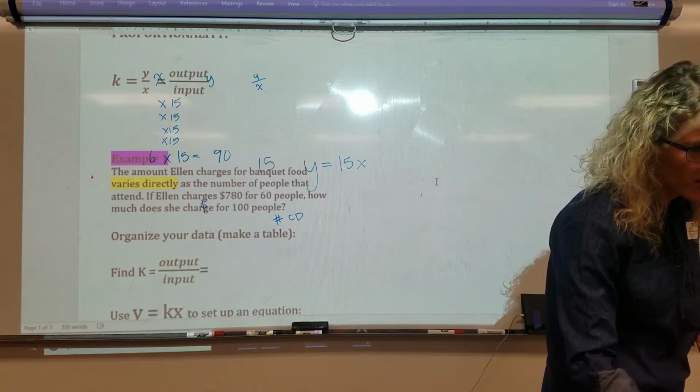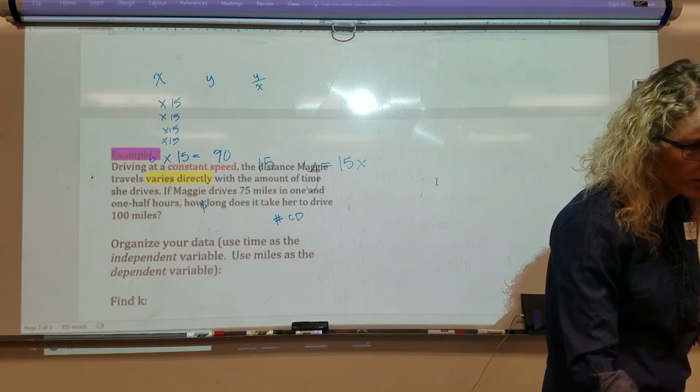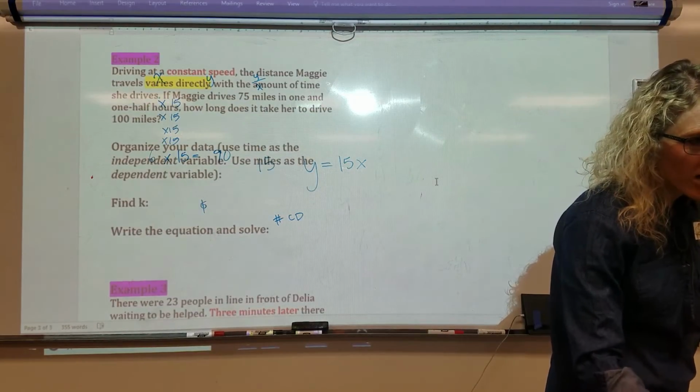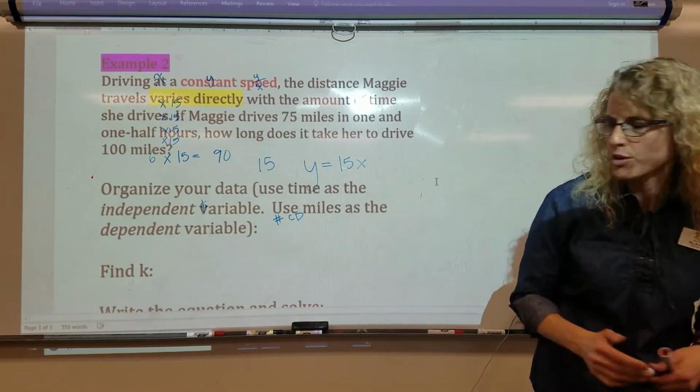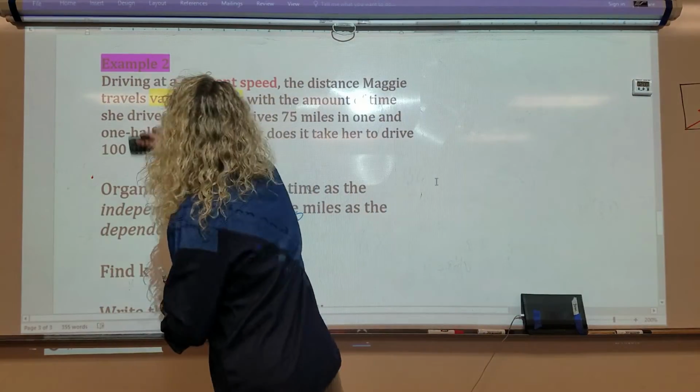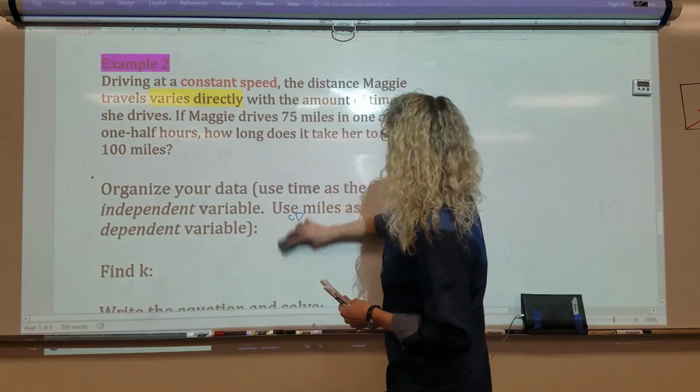Let's do one more. We've talked about all this. We set up an equation. We talked about proportionate. All right, let's talk about a driving one, where we have a rate of change like miles per hour. Driving at a constant speed, the distance Maggie